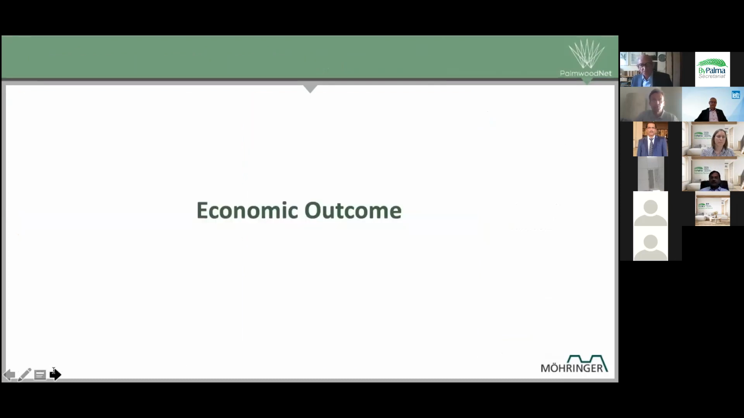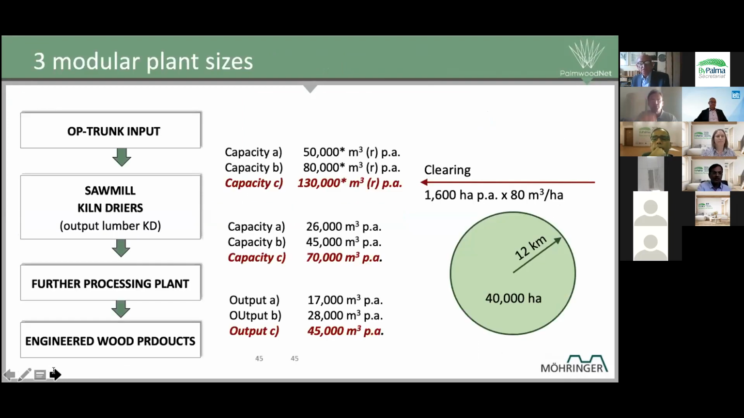A few words to the economic outcome of such a project. We designed three modular plants, which can be combined, which can be scaled in the future to bigger units. So we have the input capacities of 50,000, 80,000, and 130,000 cubic meter per year, which seems to be quite a good